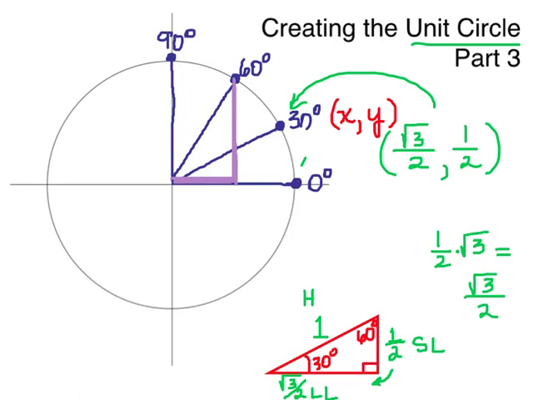Now let's focus on the 60-degree angle and consider what the ordered pair associated with this point might be. Well, we go a distance of x away from the origin, and then we go a distance of y away from the origin, and so that point will also be some kind of x-y coordinate. If we look at the triangle that we've created now, that degree right there would be 60, and we've got another 30, 60, 90 just turned differently. So if we take that triangle